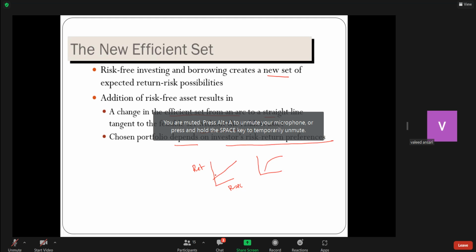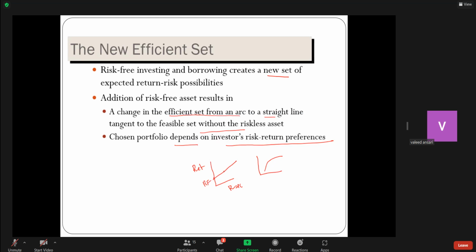For example, I gave the example, if somebody would like to play safe, he will be nearer to risk-free. If somebody would like to take more risk, he will be nearer to this part. So whatever combination, 50-50, will lie on the risk-return line. It depends upon the risk appetite and preferences of the investor. So he will combine. So this was an important discovery